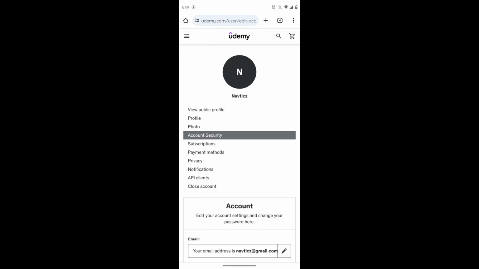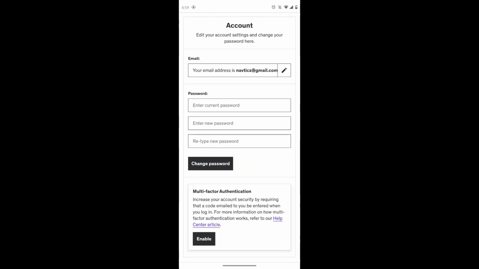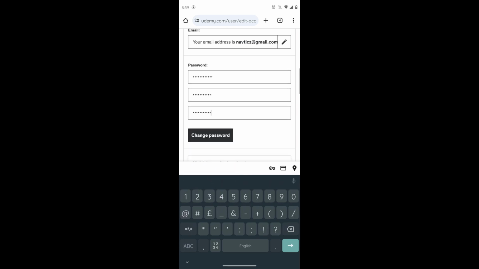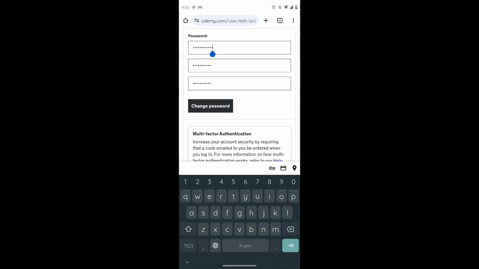After tapping on account settings, scroll down and you can find the password over here. So to change the password, first you have to enter your current password and then enter your new password and re-enter that same password in the third blank. So after entering your new password, just tap on change password and you will successfully change your password in your